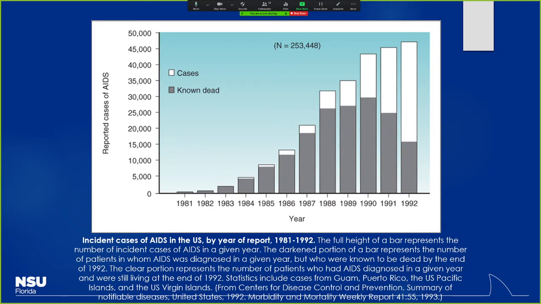And if you recall, when we were talking about this graph where they were looking at HIV cases, remember that the incidence, and again, they were looking at 1992 specifically at the end of that year, is basically all those white bars added up. Those are the bars of people who were diagnosed during these various years who were still alive at the end of the study period. Versus if you wanted to look at something like cumulative incidence between 1981 to 92, you could just add up all those bars together and you have the cumulative number of incident cases during that time frame. So just different ways to slice and dice the data to see how you want to specifically talk about it.